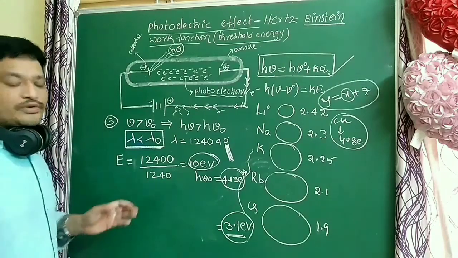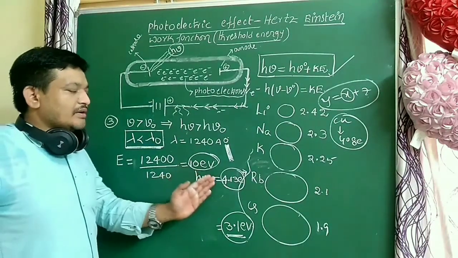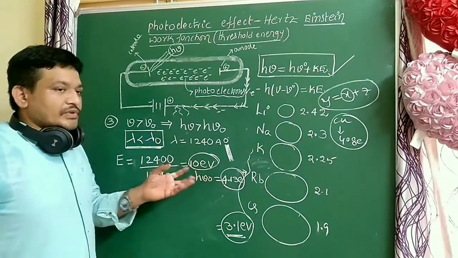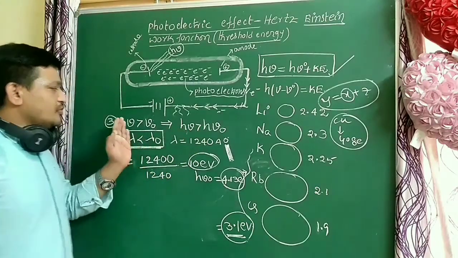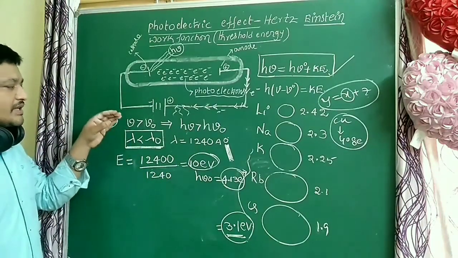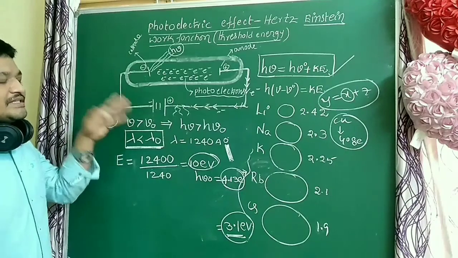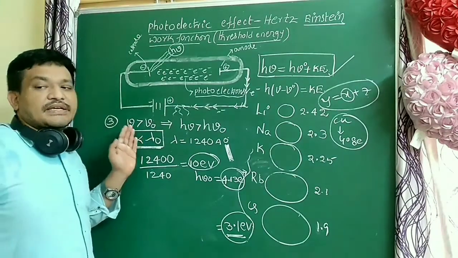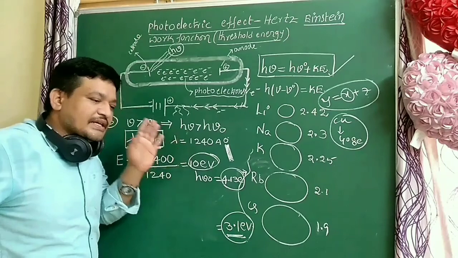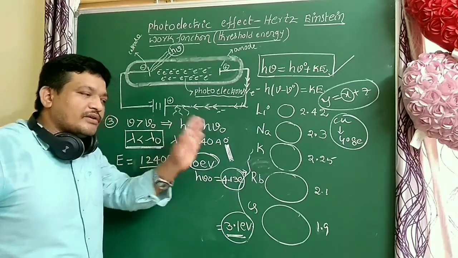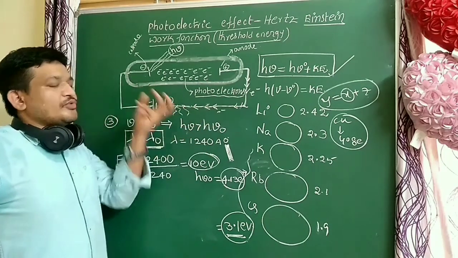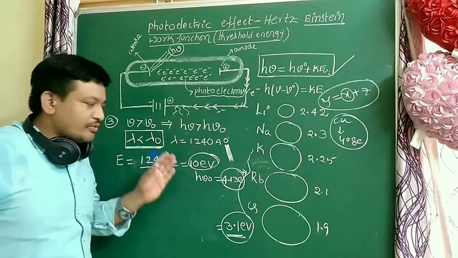For this case also electrons are released, so those electrons are moved. This is the useful case. This condition is used in photoelectric cells. So in this case electrons are released, and those electrons move from cathode to anode and in the circuit current is produced. That is the very, very important case.